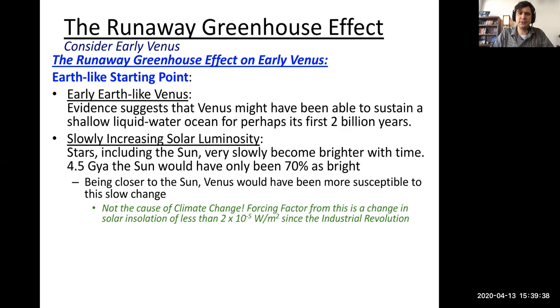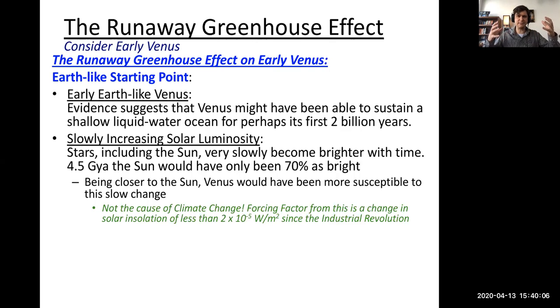But it's closer to the sun. And the sun is slowly, ever so slowly, becoming brighter. Its solar luminosity is increasing, the amount of energy it's giving off per square meter. Why? Well, as stars age, they fuse. How are they powering themselves? They fuse hydrogen to helium, making them shine, and they make more and more helium. And it builds up in the core.